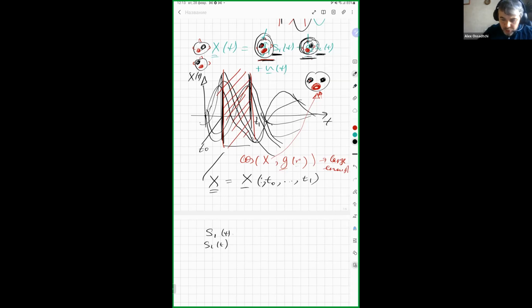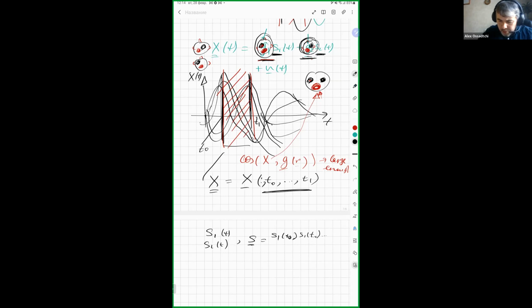Assume that you also sample the activity of these sources in the same time range and create matrix S, which will be S1 of T0,